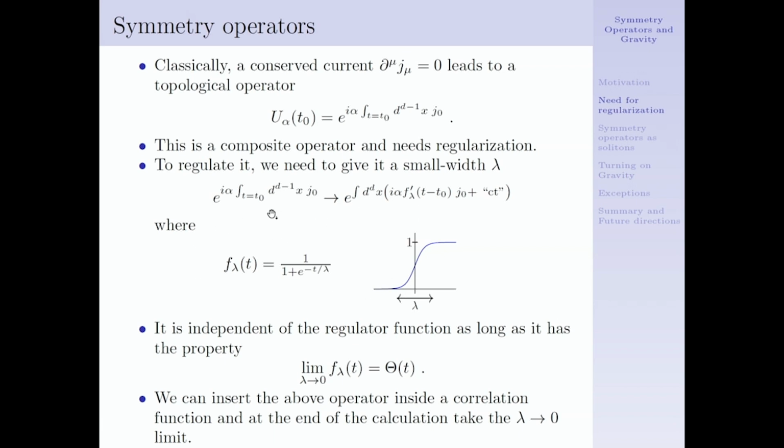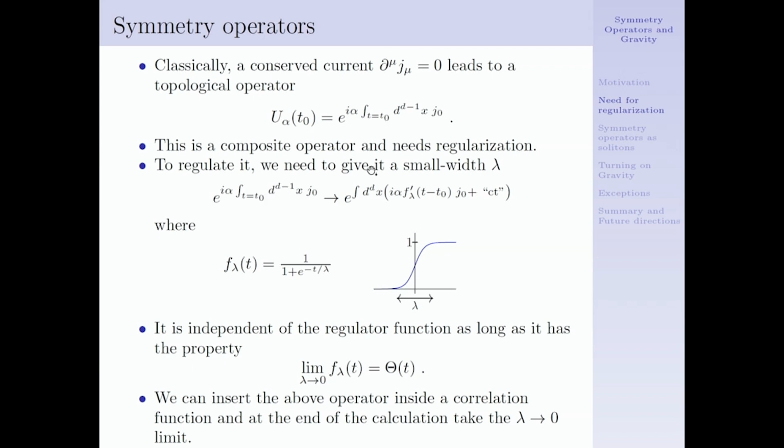And to be precise, we're going to consider this kind of function, which is like a smooth version of the theta function, where lambda is the region where the function goes from 0 to 1. And instead of using the textbook definition, we're going to regulate this operator in this way, where in the lambda going to 0 limit, this becomes a delta function and recovers